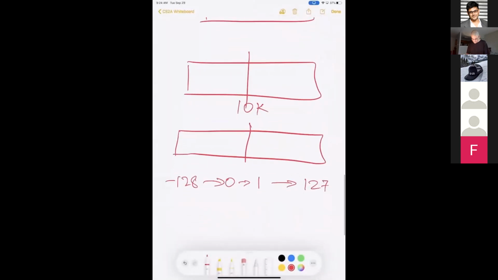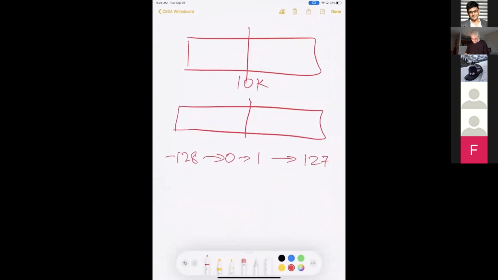Professor, I think a more accurate way of describing that would be you go from negative 128 to negative 1, and then you go from 0 to 127, correct? Yes. Let me see if I can erase this arrow. Okay, so negative 128, and then to negative 1, and then to 0, and then to 1. That's more symmetric. Thank you. It wasn't symmetric before. So negative 128 to negative 1, adding 1 to it, and then add 1 more to it, gets to 0, and then